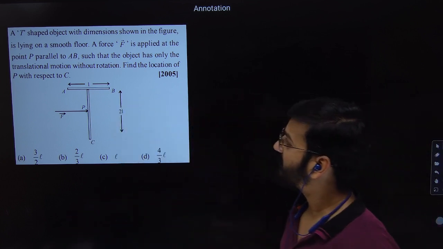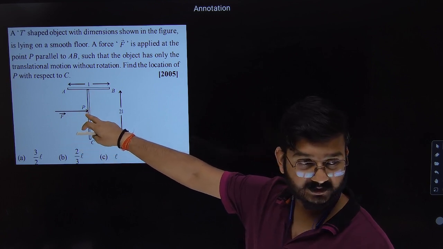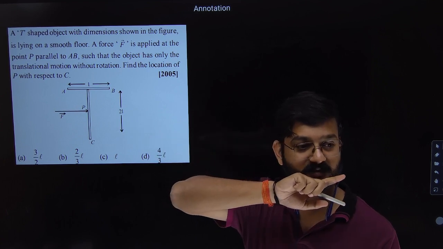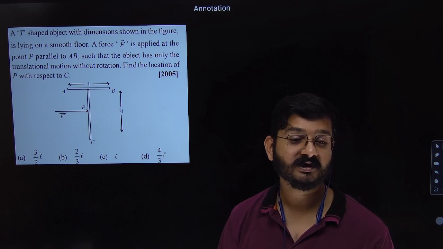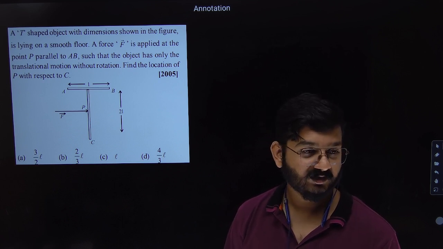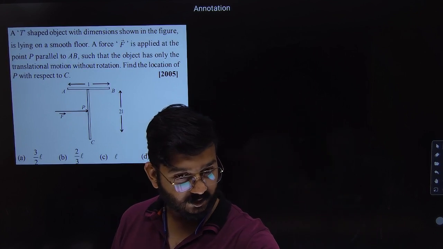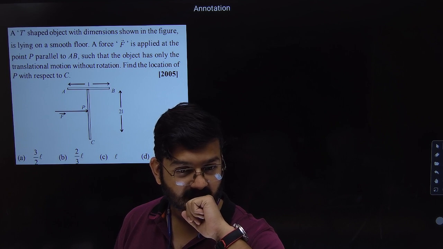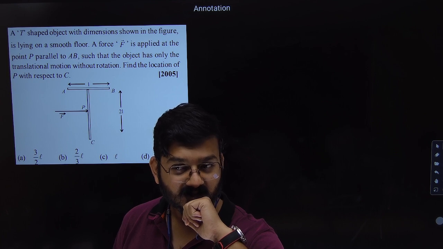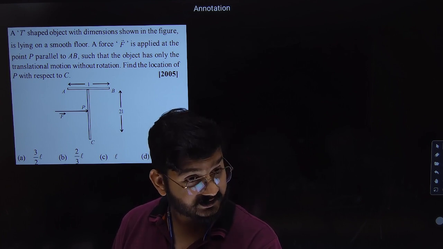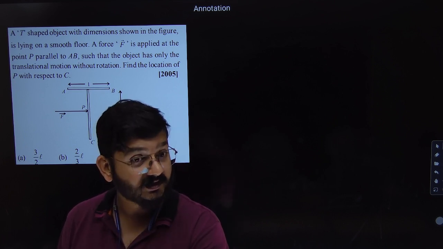If you read the statement here, they're telling that this force is applied at point P. All of you see on the board. Force is applied on point P. And after that force, what type of motion is the object doing? Translatory. It means this point P should be which point? Center of mass. If you are not getting the feel, take the notebook on which you are writing and try to push it from one of the corners. Is it tending to rotate or not? Yes. But when you push the same notebook exactly from the center, you will see that it will only move in the forward direction, which is called translatory motion.